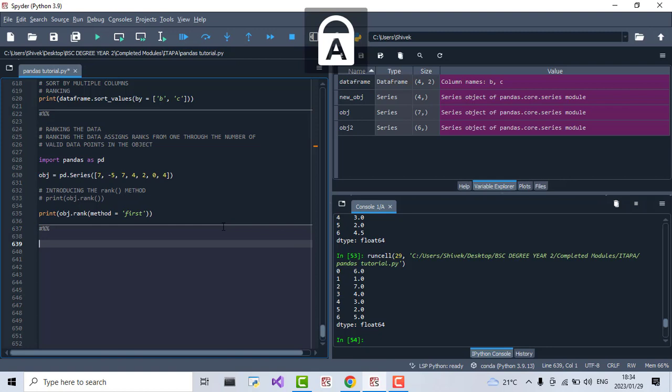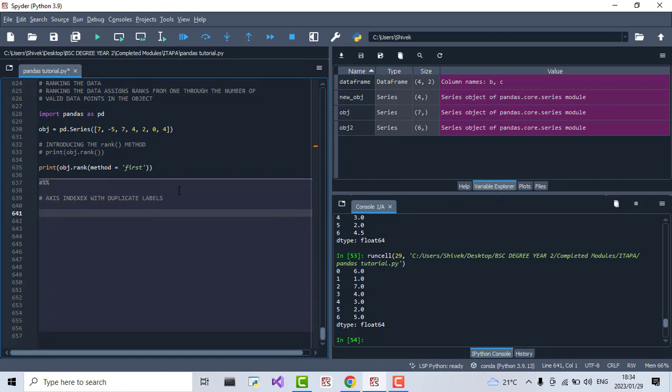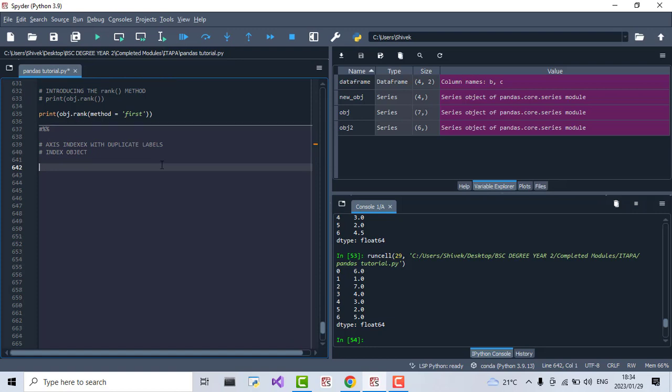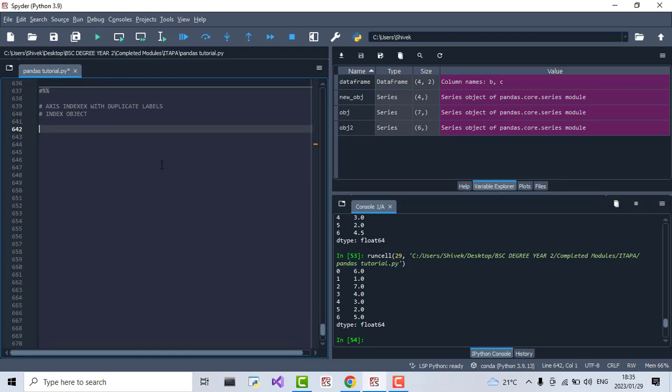It is known as accessing indexes with duplicate labels. We spoke about this around the beginning of this tutorial series, the index object, and we learned that it does support duplicate values in it. So now I just want to show you guys how you can have series and data frames that have